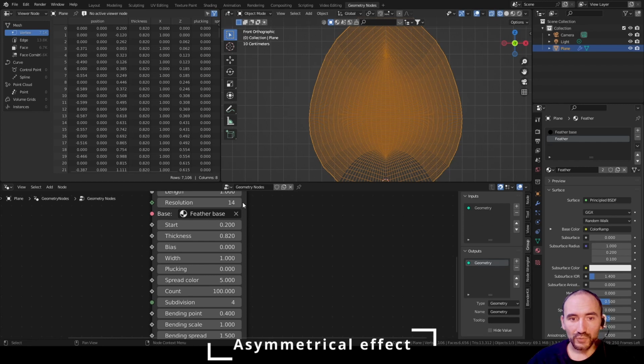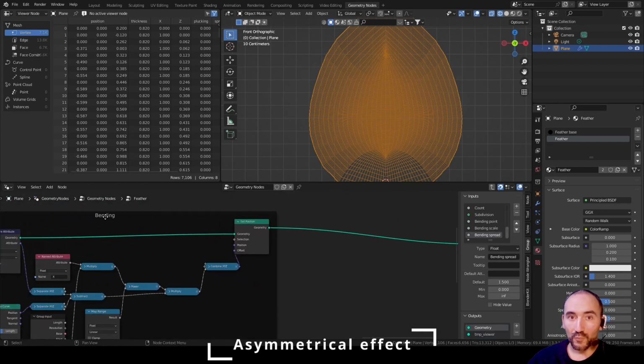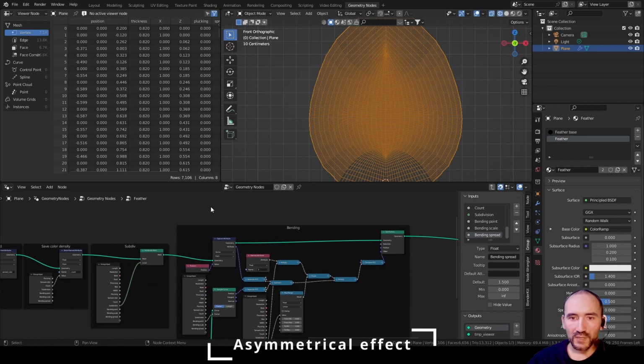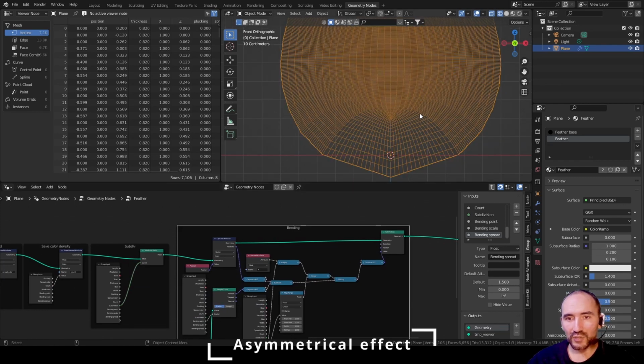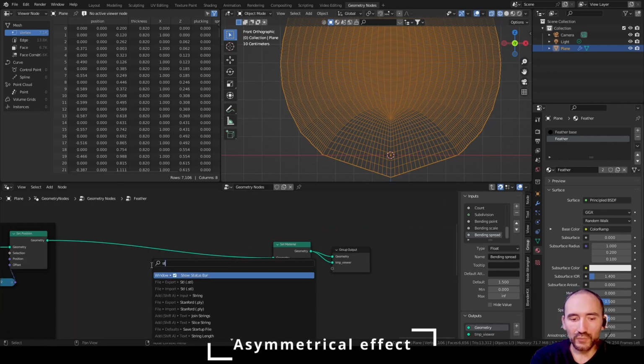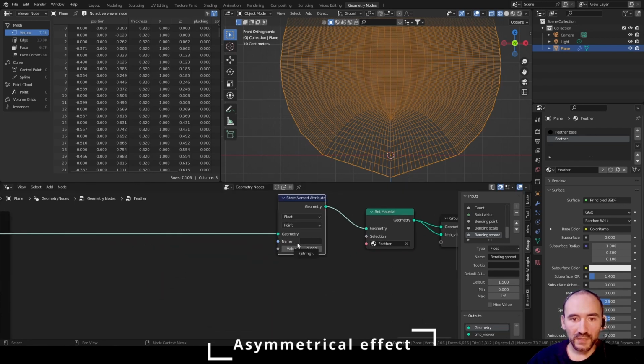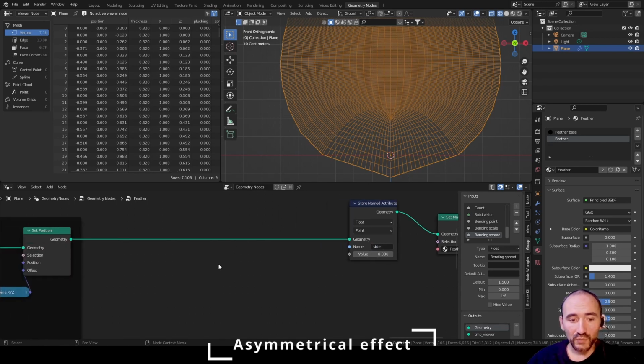on this mesh. So to do this, we can go here after the bending operation, not before, because here we need to change the position of each point and then ask what position we have for each point to get the correct value to save in a new attribute. So we need a new store named attribute here, and we can give a name like side. This is a float number, and we want